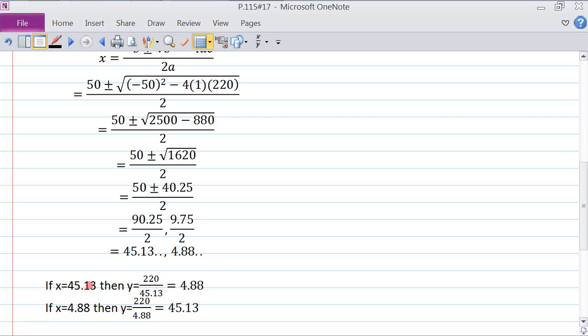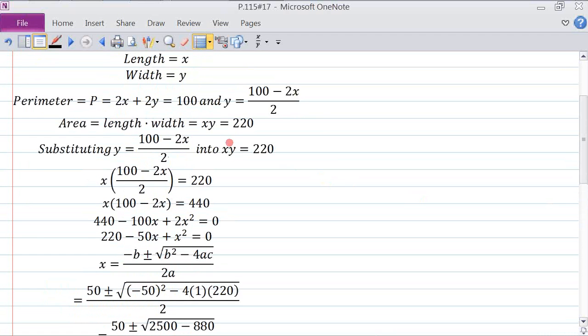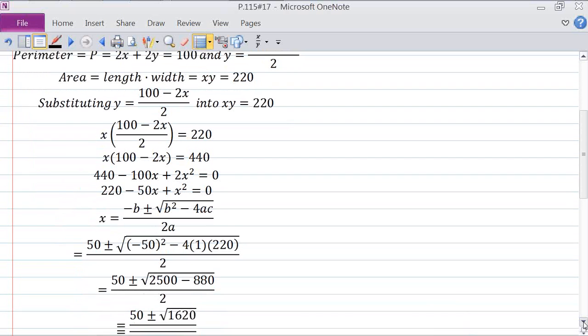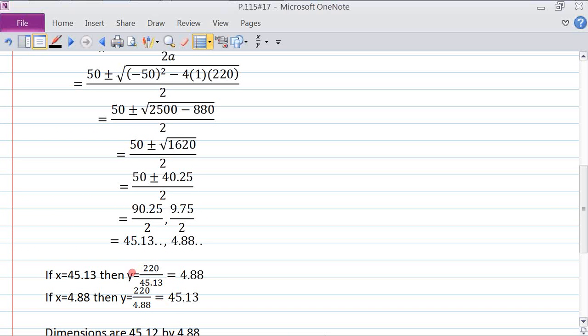So if x equals 45.13, then y must equal 220 over 45.13. What I'm doing is going back into this equation. Once I know what x is, I can then solve for y, and that's what I'm doing here. Go back down here. y is 220 over x, and x, we came out with this. And the other solution is y equals 220 over 4.88, which comes out to be